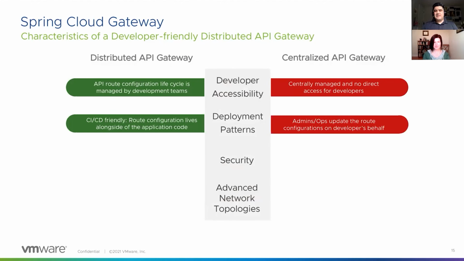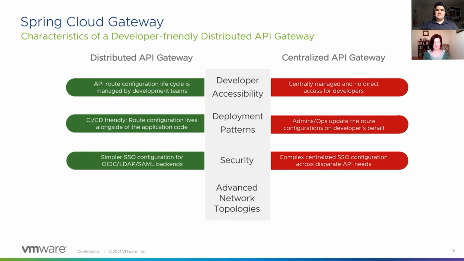On top of that, from a deployment pattern standpoint, we a lot of times see ticketing systems as a way to deploy your releases. And what we want to see is actually an SDLC-aligned approach, meaning that your continuous integration and continuous delivery are friendly with your API route configuration changes. So we should be able to actually automate this process all the way through the pipeline out to the Spring Cloud Gateway instances. On top of that, security, single sign-on being one of those things, we want to really simplify